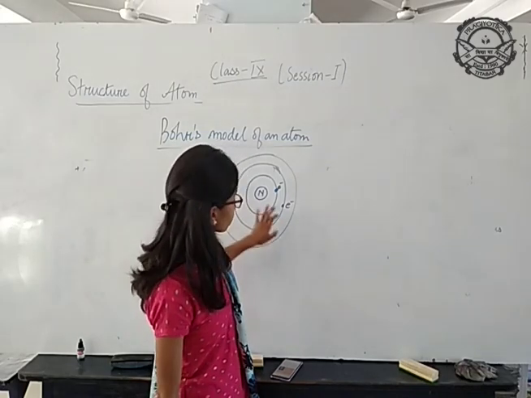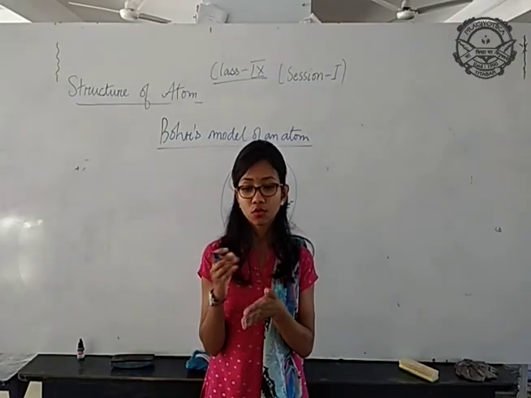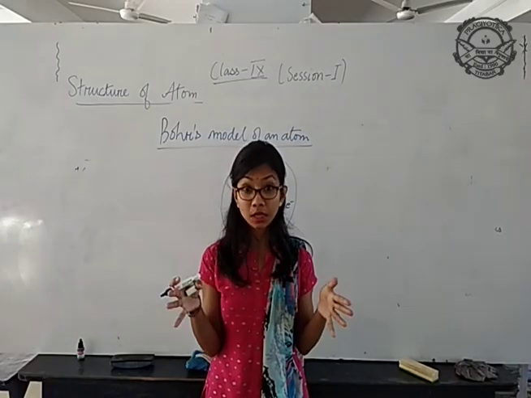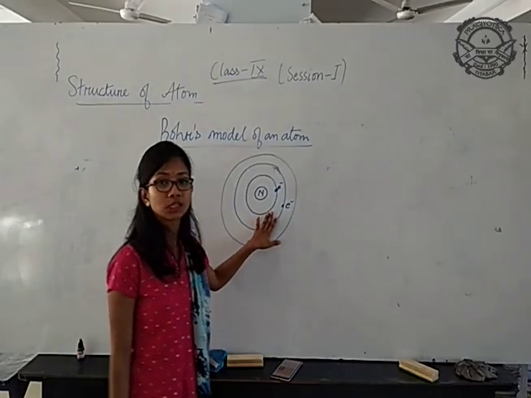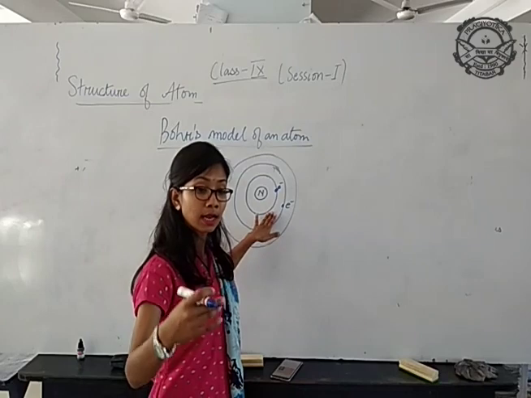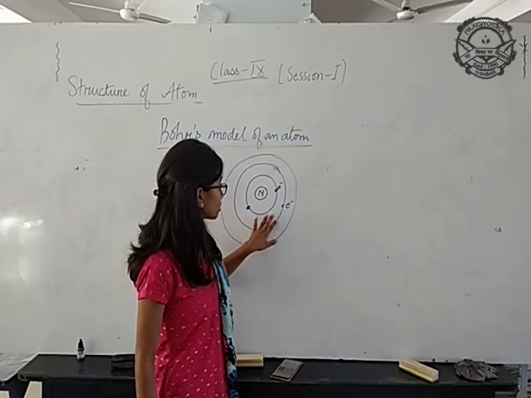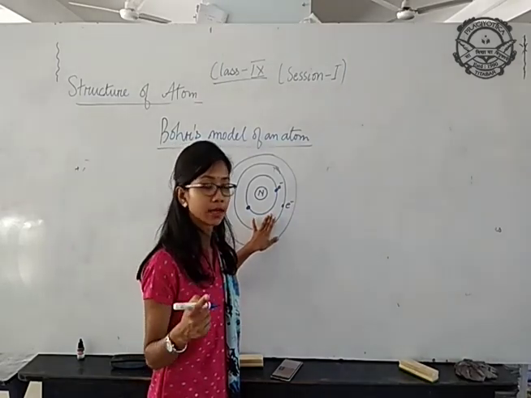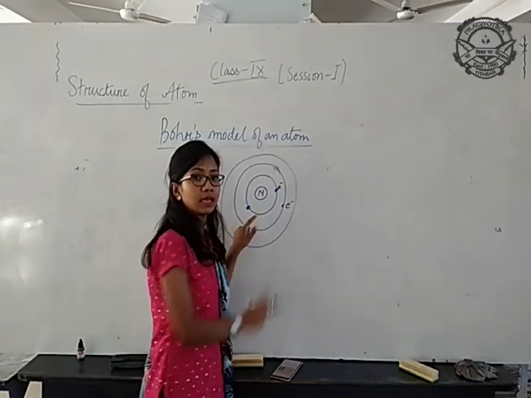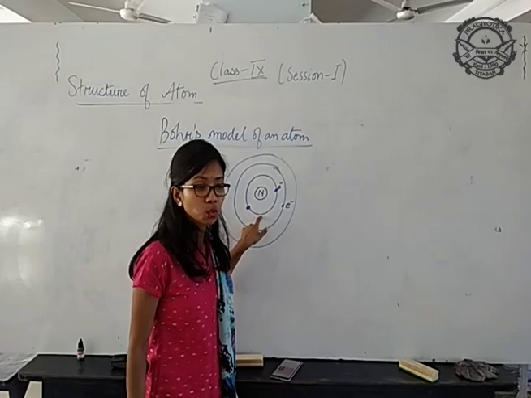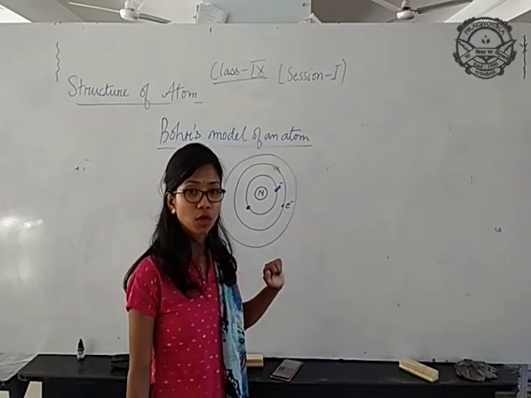That is, for example, if there is a room only for 2 people, and 3-4 people come here, then the stability of the room will be destroyed. Similarly, these orbits also consist of some definite energy to hold a number of electrons. Say for example, the first orbit can hold 2 electrons, not more than that. So these 2 electrons will have a definite amount of energy to reside in this orbit. This was the first drawback of the Rutherford model removed by Bohr's model of atom.